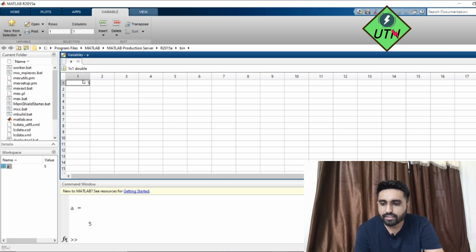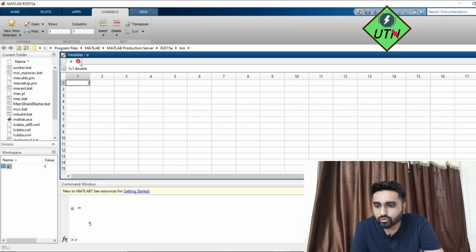ठीक है, तो यहाँ पे आप ये देख सकते हैं कि A जो है, it is a variable but it is represented as a matrix. So here, as you can see, we have just written A is equal to 5, but that is also stored as a matrix. So A is a 1 cross 1 matrix, right? That suggests that MATLAB is a matrix based programming language. So here is the proof of that. Now let us close it.